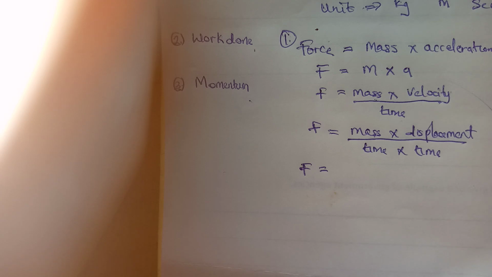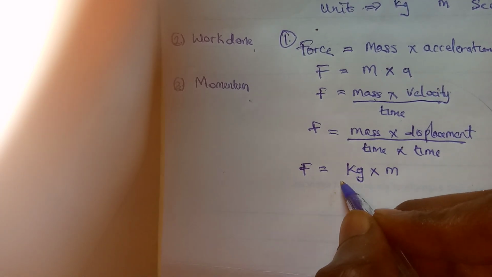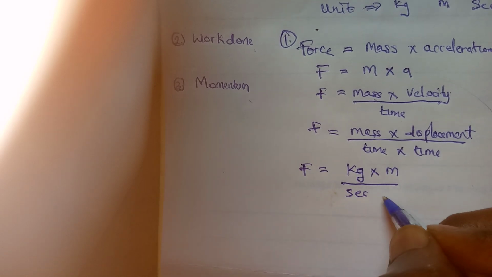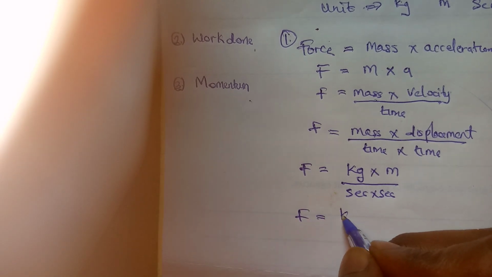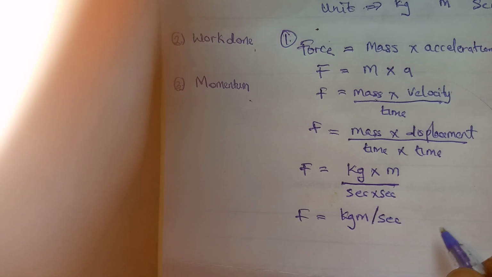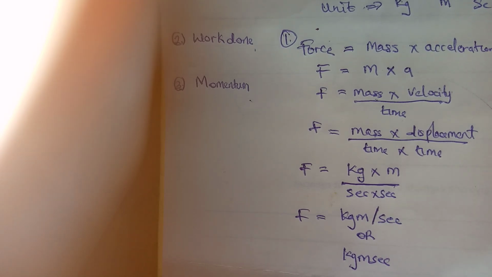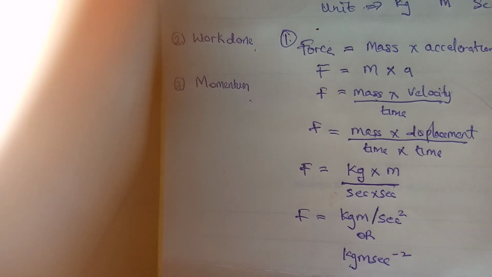The next thing for us now is to copy them in unit and dimension. Mass is measured in kg, displacement is measured in meters, and time is measured in seconds, multiplied by seconds. At the end of the day, you can have kg, meter, division, second. I can still write it as kg m s to the minus 2. This division will now change to minus, it just means that we have 2 seconds down.